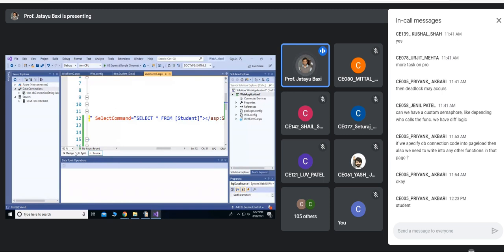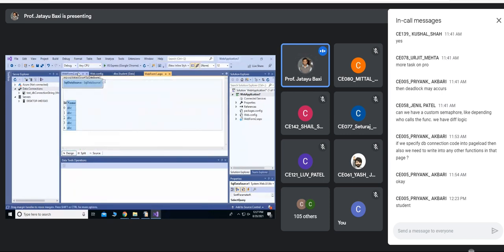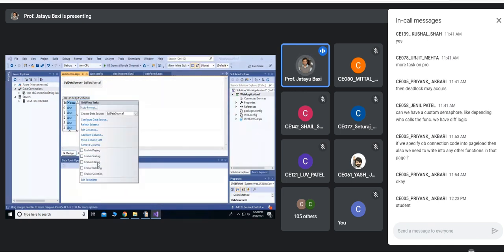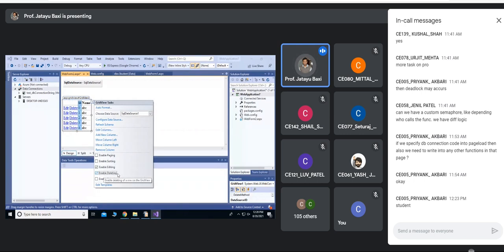If I again check my grid view, I have the option of inline editing and deletion. So click enable editing and deleting.